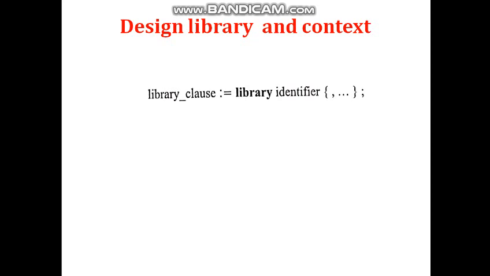Here the identifiers are used by the analyzer and the host operating system to locate the design libraries, so that the units contained in them can be used in the description being analyzed. The exact way that the identifiers are used varies between the different tool suites and is not defined by the VHDL language specification.